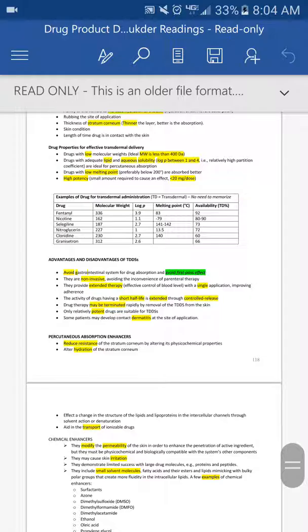Thickness of the stratum corneum. This is the dead keratinized layer I was talking about. The thinner the layer, the better the absorption. So you don't want to put it on the palms of your hands and the bottom of your feet, because they have very thick stratum corneum layers and stratum lucidum layers. So it's very thick skin. You would put it on a thin area of skin. You don't want to put it on a very rough area, so put it on your inner arm, your chest,